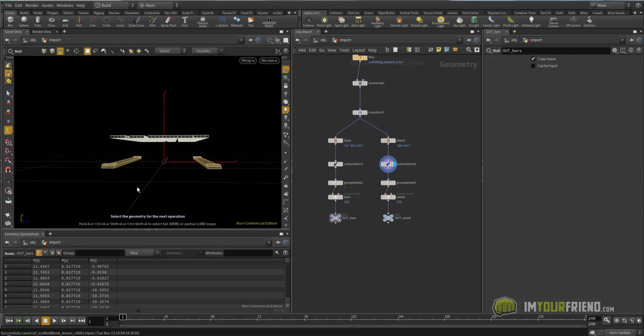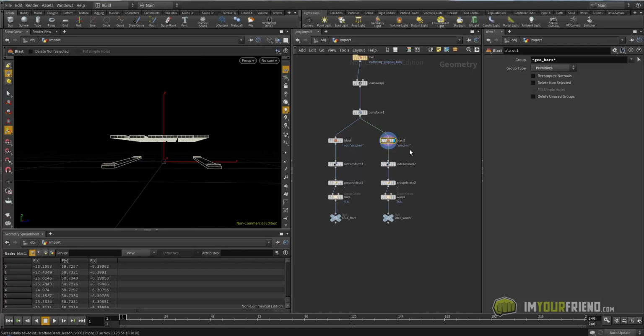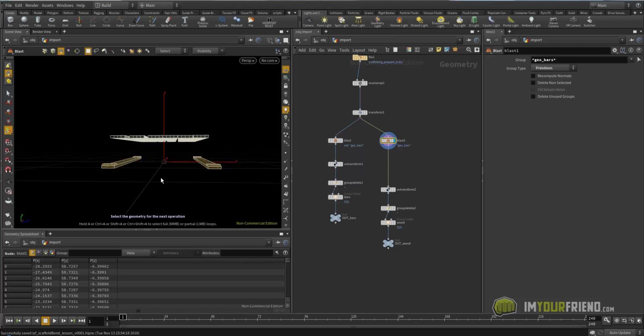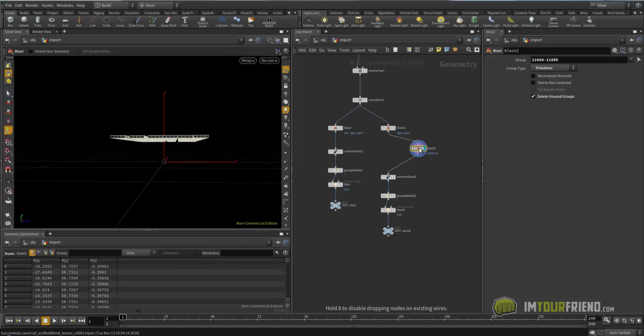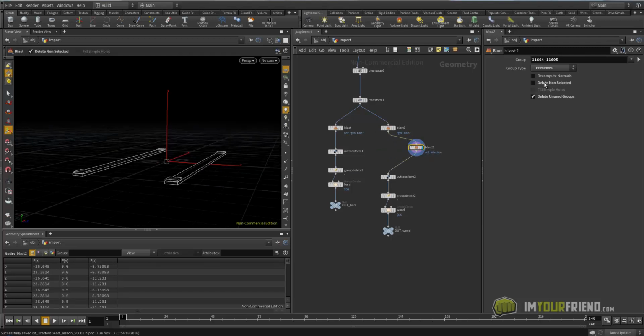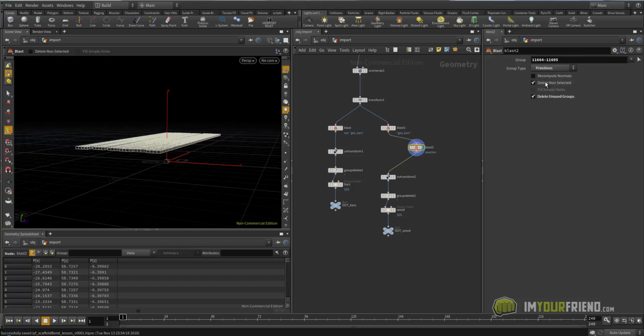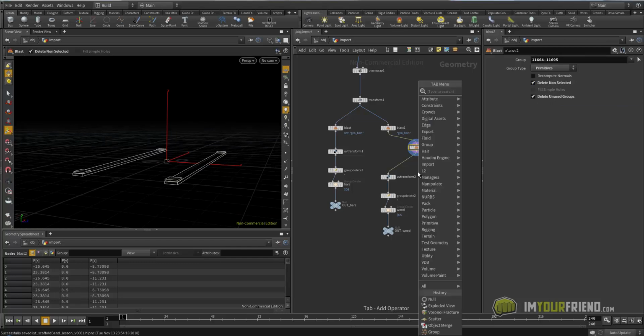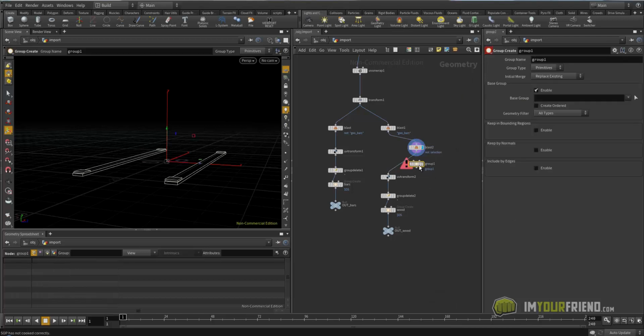I'm going to select these from here. Let's move this down a bit. I'm going to select just these down from here. I'm actually going to hit delete. So now this blast has deleted them. So if I invert it, I've got that. But I'm going to group this here. Group, $OS. I just want to define this base by just a group. So if I select that there, wood base.